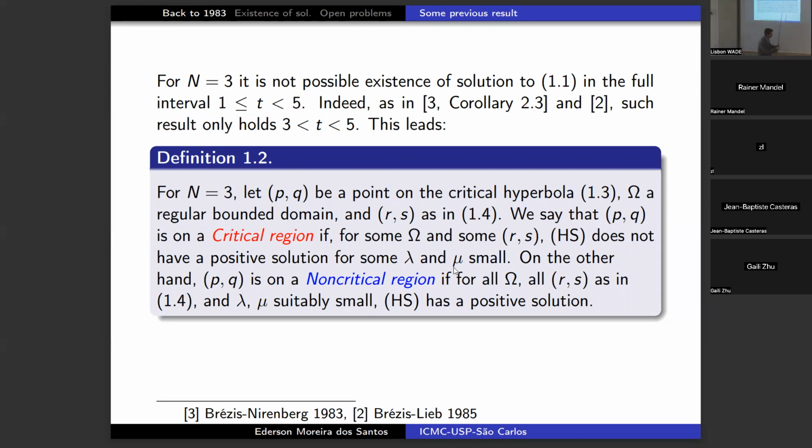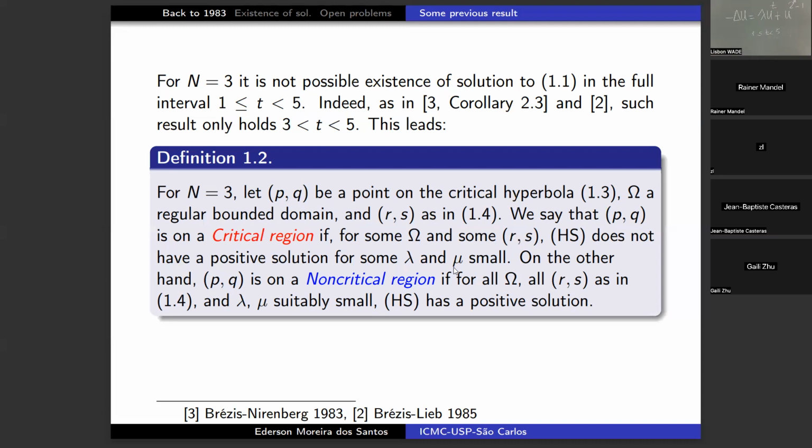So I'm going to put here the Brezis-Nirenberg equation. So we cannot prove the existence of a solution for every t less than 5 and greater or equal to 1. And indeed, as proved in Brezis-Nirenberg, and also in the Brezis-Lieb